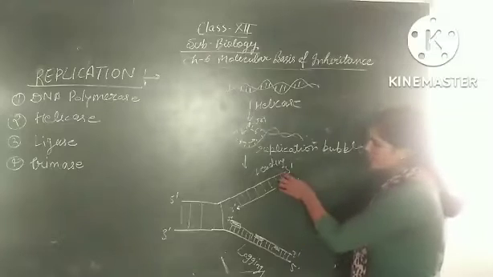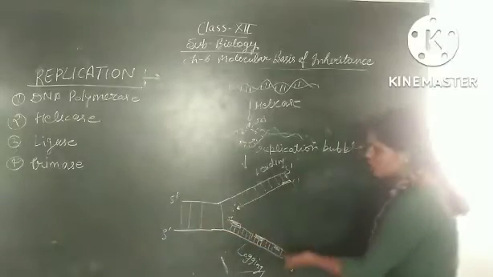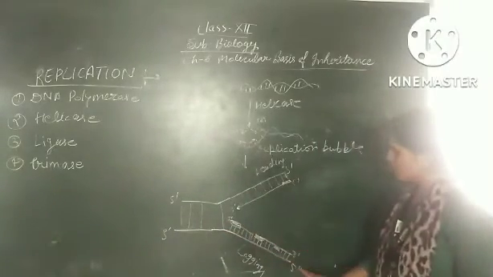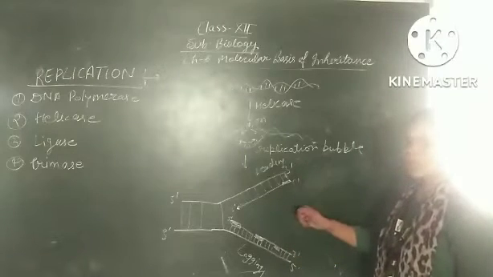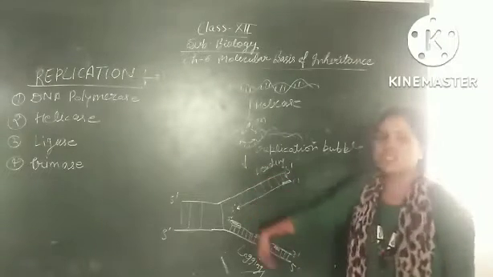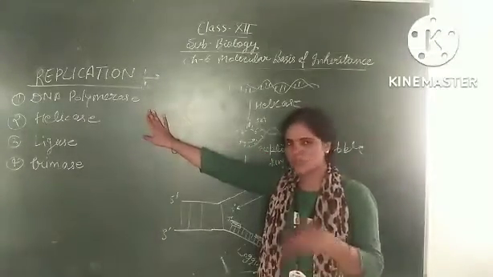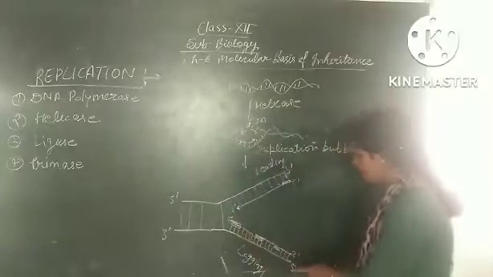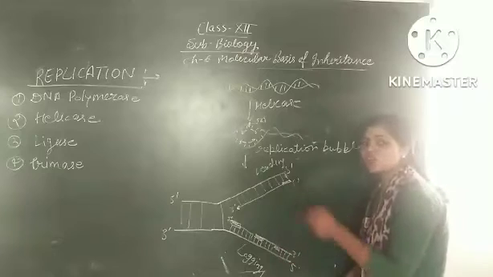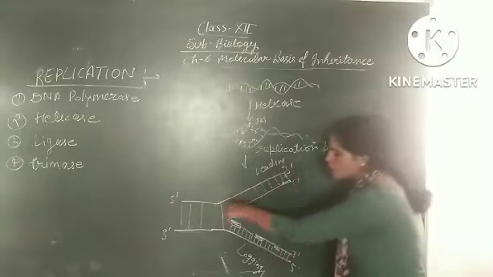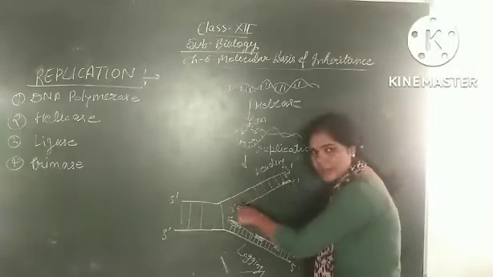So this is the leading strand. The polarity of the template is 3 prime to 5 prime. On the other strand, the polarity is 5 prime to 3 prime. In this strand, DNA polymerase has to make the new strand oppositely, because it always makes a new strand 5 prime to 3 prime, but the polarity is already 5 prime to 3 prime. So to make the new strand 5 prime to 3 prime, it needs to start that polymerization from the inner side.